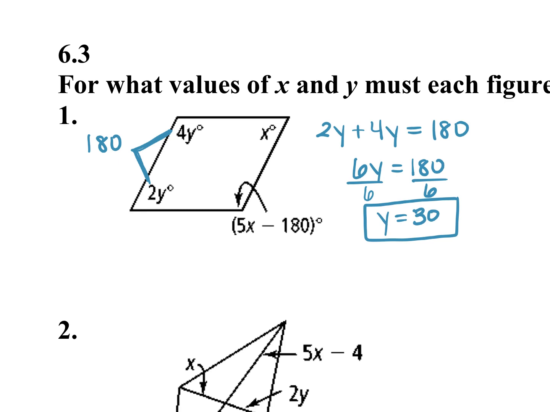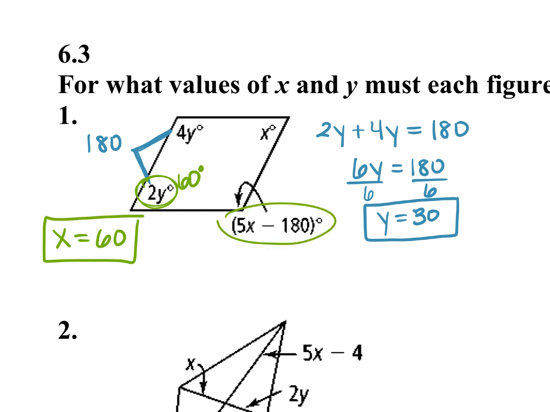If you plug in 30 for y, look right here. If we plug that in here, 2 times y is 30. That means this angle is 60. So then what's x? 60, okay? I like that way. That's a beautiful idea, Cadence. If you didn't see that,